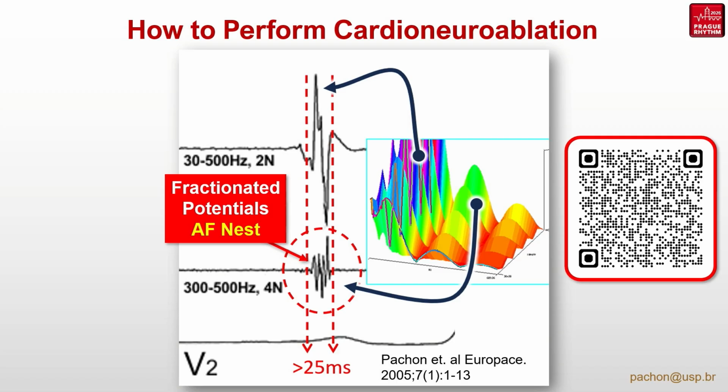At that time, we had no fractionation software, so we used to filter the signals and study the spectrum. And here we can see this very important signal, from 300 to 500 hertz. If it is shifted to the left, it represents innervation, and if it is shifted to the right, it represents fibrosis. So in a normal heart, eliminating this frequency is enough to eliminate the innervation and the atrial fibrillation.